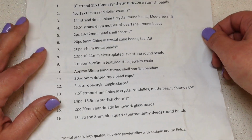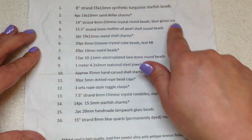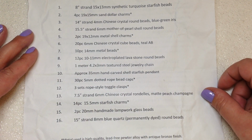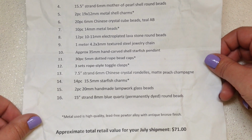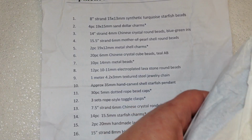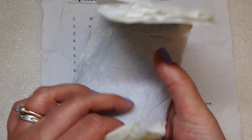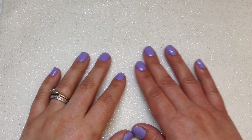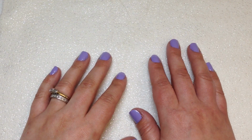And on the back, I will leave this here for just a moment in case you need to refer back to it for any reason. We have our well-organized list of everything that's going to be included inside. It says the approximate retail value for this shipment is $71. And I'm going to go ahead and take everything out of this package, and we will go through everything one by one. All right, you guys, there's a beautiful collection of beads right beside me here,